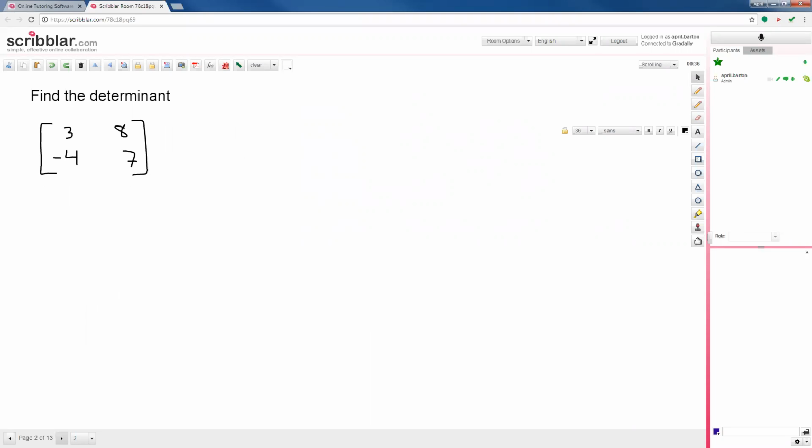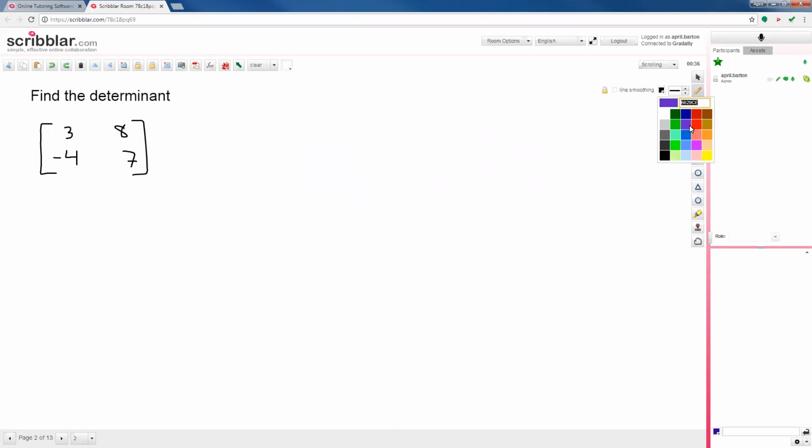So matrices are a way to organize a lot of information. They look really weird. It's kind of a new type of math that you don't see as much. And they're used a lot in computer programming or making video games because you can organize a lot of information at once. So specifically, what we're going to learn about today is how to find the determinant of a matrix.